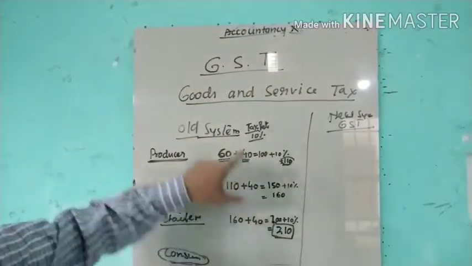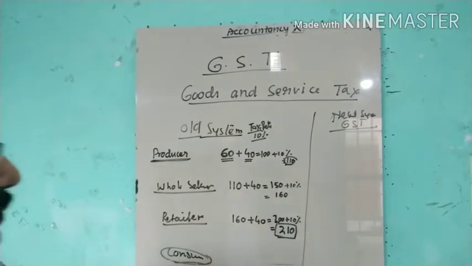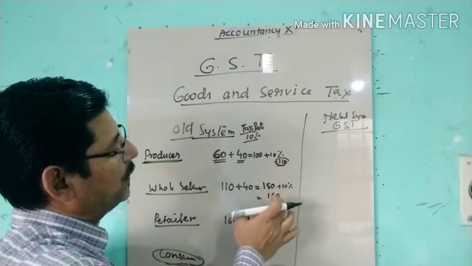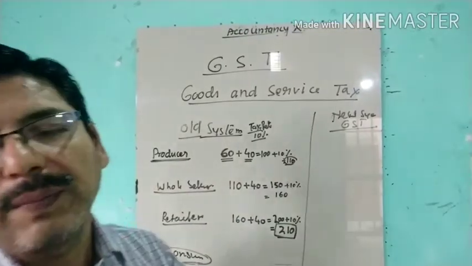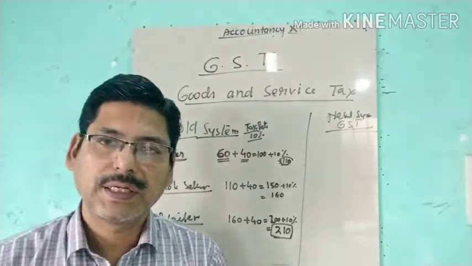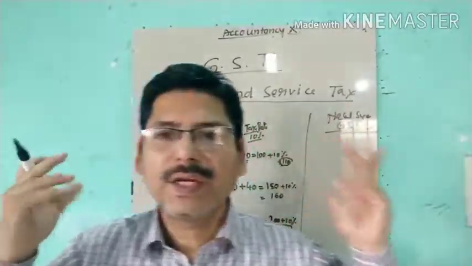So this way there was the system of tax. Every time the tax had been paid, tax was applied on it again at every level, and a tax on tax system was there. In the new system,